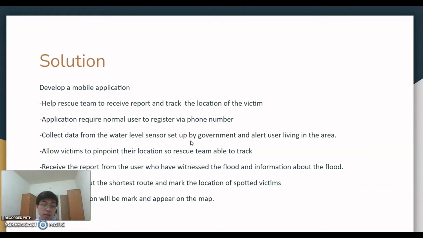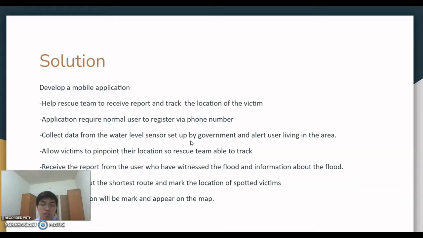Other than that, this application also receives reports from users who have witnessed the flood, with information about the flood, like where the flood is going or any useful information that they can report inside this application.